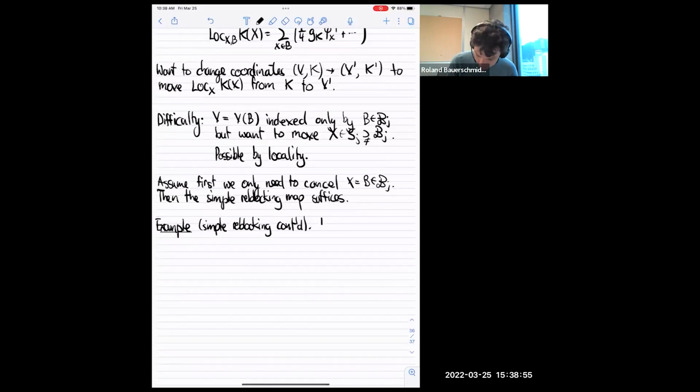Rather than using any I tilde or V tilde, we'll use a specific one. And so what does this example say? The claim is that there is a choice of map